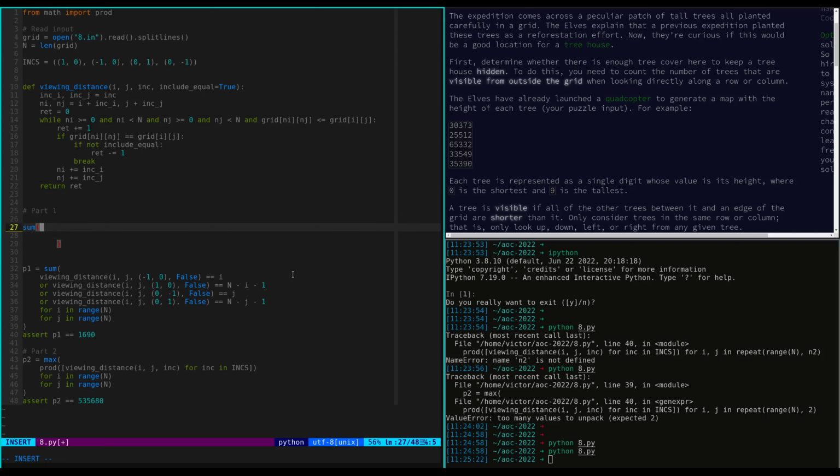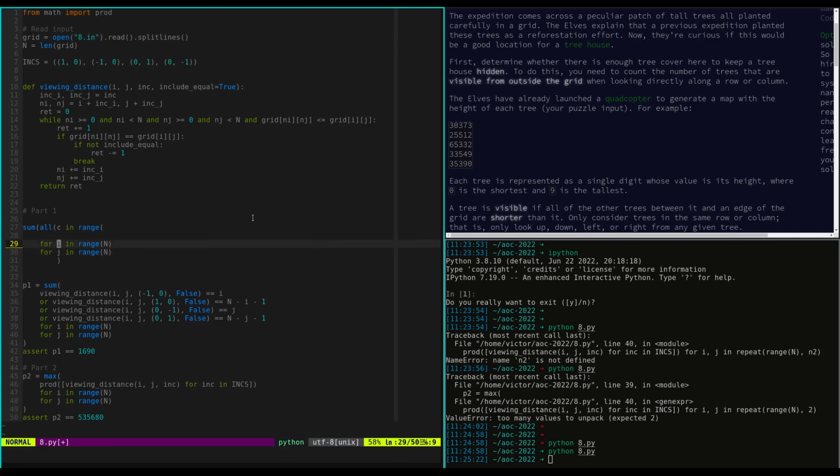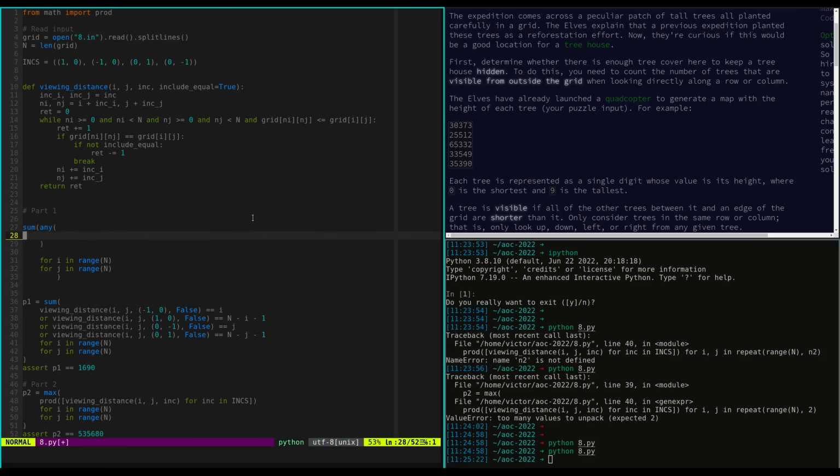So we're trying to do that to see that all of the characters in the range of... so we are going to do for i in range n, for j in range n, if any, so it's if either it is visible from the top, from the bottom, left and right, so if